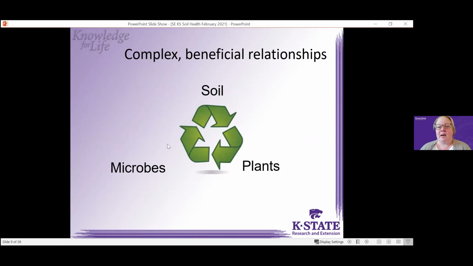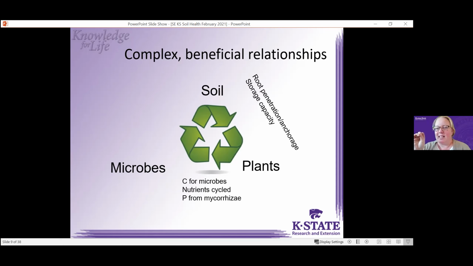So I always think about how soil and microbes and plants are really connected, and I stole the recycling symbol to indicate this. Soil and plants: we know that plants use soil, where they penetrate their roots and anchor, so they won't blow over. And soil has a huge storage capacity for both water and nutrients. And then plants and microbes are very related. If you have a mycorrhizal association, the plant will provide the mycorrhizae with carbon,